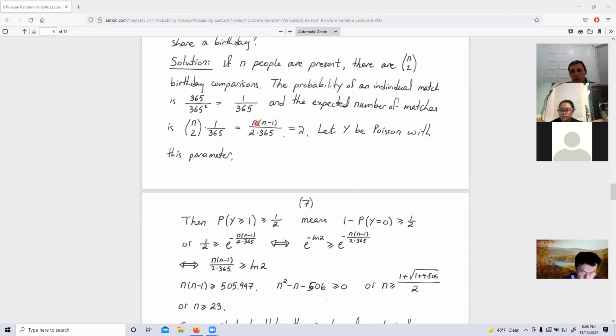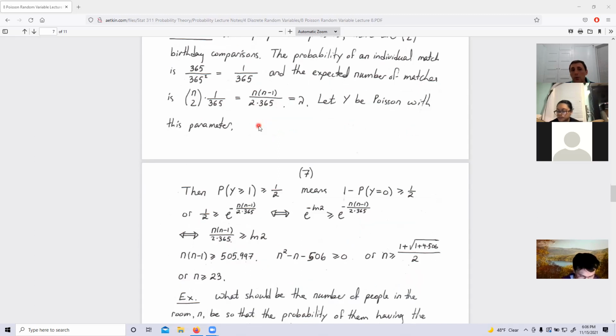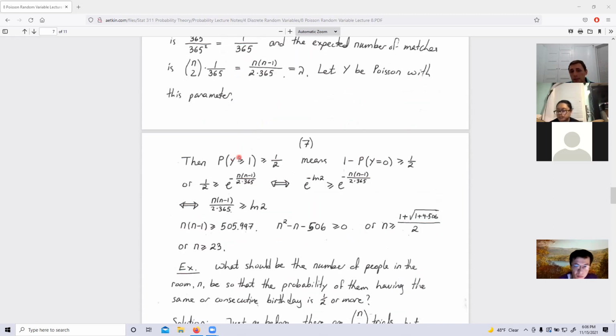So then we get this number. We get that my lambda parameter, my average that I plug into the Poisson, is this number. And so when I want the probability, the estimate is the probability that I have 1 or more matches, where y is the approximation here, right? It's approximately Poisson here. So y bigger than or equal to 1 means 1 minus the probability that y is 0. 1 minus the probability y is 0 is bigger than or equal to 1/2. And